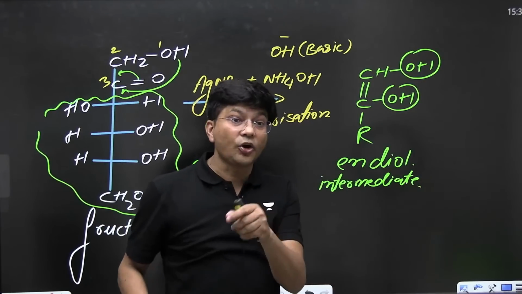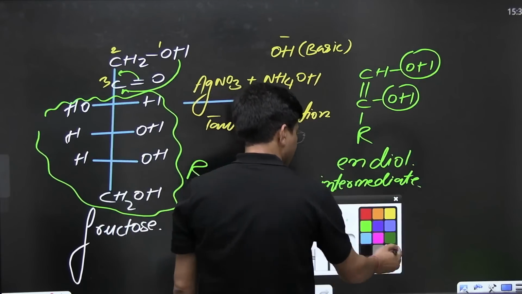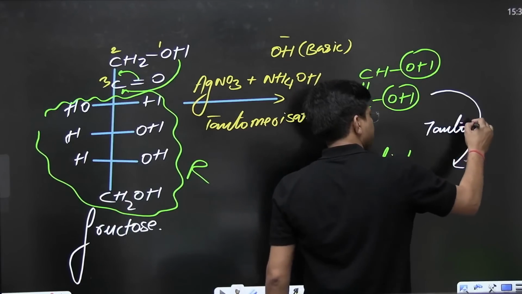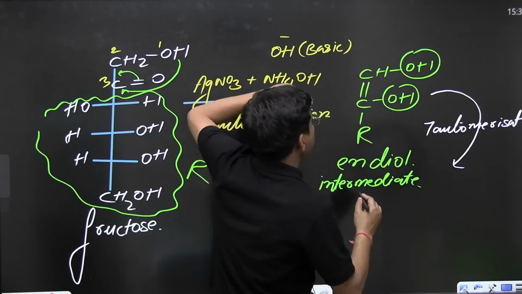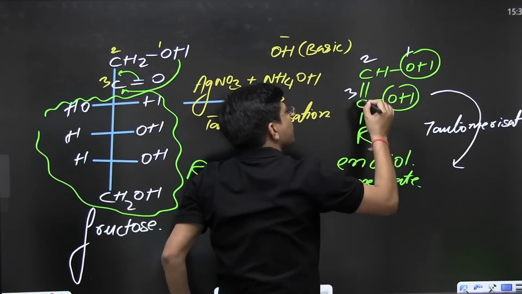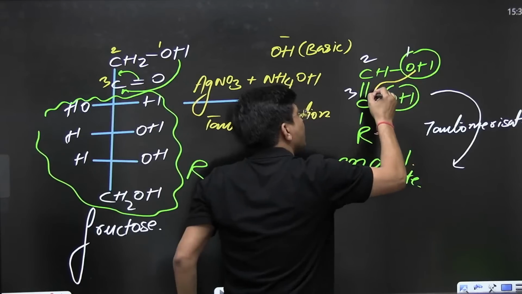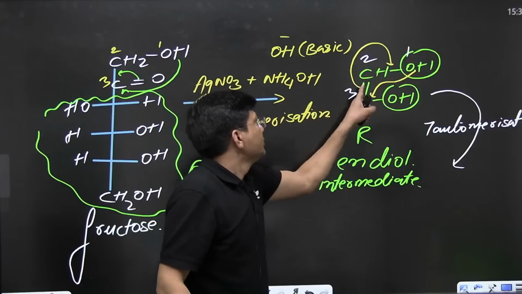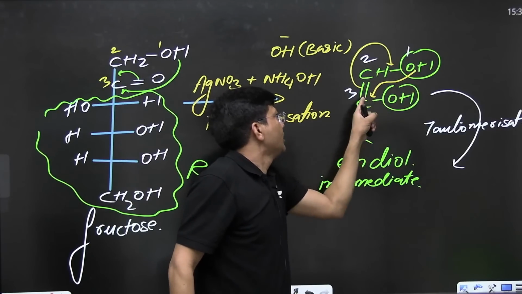Now, once again the tautomerization will take place. See to it. Now, 1, 2, 3. This hydrogen will come at this carbon and the double bond will move in between 1, 2. This double bond will go in between 1, 2 and this hydrogen from the first carbon will come to the third carbon,